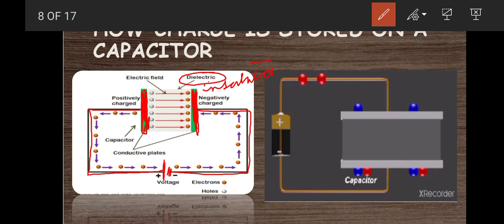They will start flowing from one plate. As there is a positive terminal, electrons will get attracted towards the positive terminal of the battery. So here you can see these electrons are attracted towards the positive terminal of the battery, leaving the positive charge behind. So this plate will become positively charged, and the electrons will accumulate on the other plate. So this plate will become negatively charged. Here is the way that one of the metal plates gets positive charge and the second one gets negative charge.